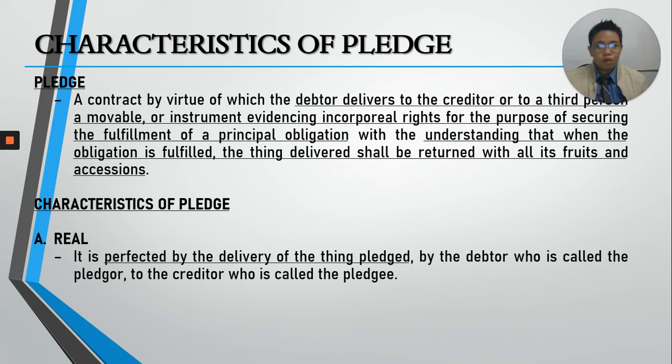So, the debtor will be called the pledgor. So, the pledgor will deliver to the creditor yung thing pledged. The creditor is known also as your pledgee. So, yun ang tandaan natin. Tingnan nyo, debtor-pledgor, creditor-pledgee. So, bakit ganun? Kasi may utang talaga. This is really a contract of a loan. A pledge is really to secure a contract of a loan. And then, yun na nga, mayroong collateral na ibibigay doon sa creditor.